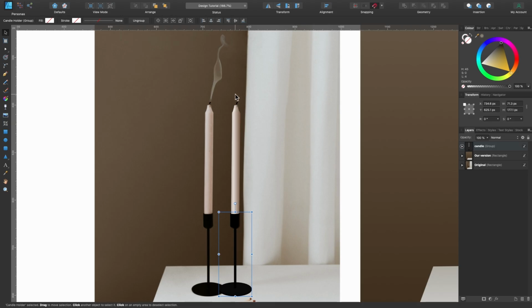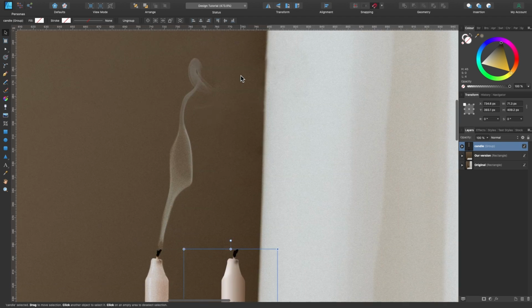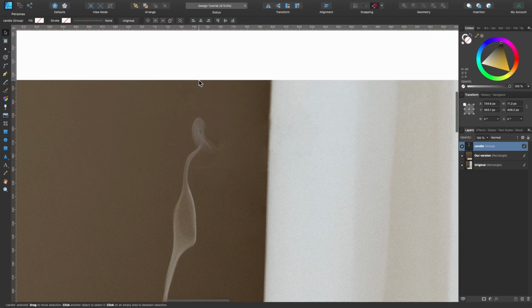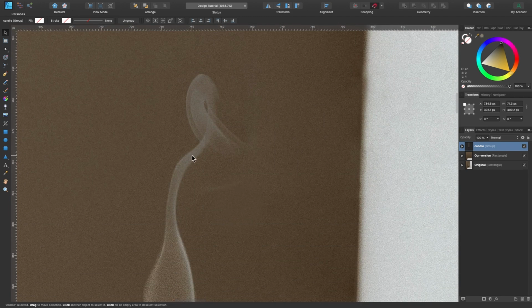Let's go ahead and create that smoke. So let's head up and have a look at it. So down here is a little bit white. Looks like it gets a bit more transparent in the middle. And this is going to be the hardest bit to do, where it goes around and overlaps and it's a bit transparent at this area. And then it goes into full transparency.